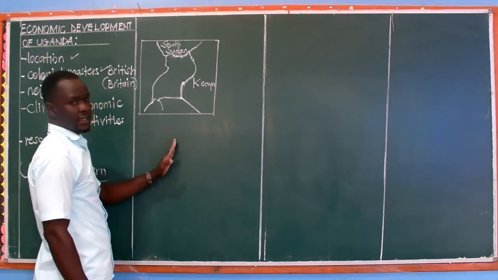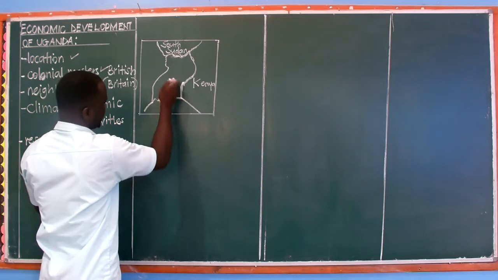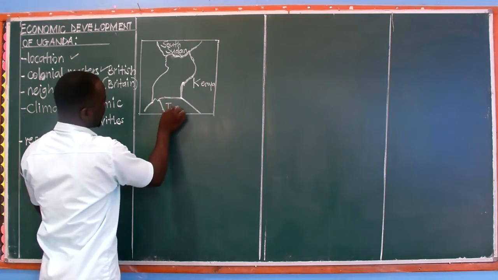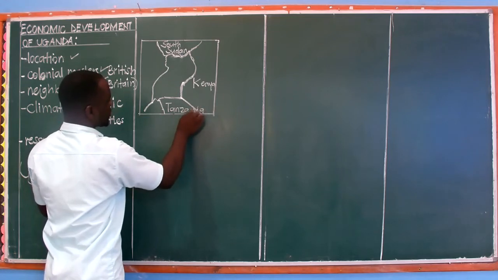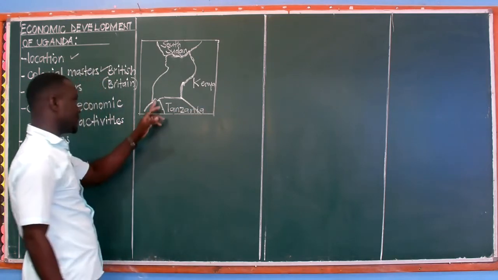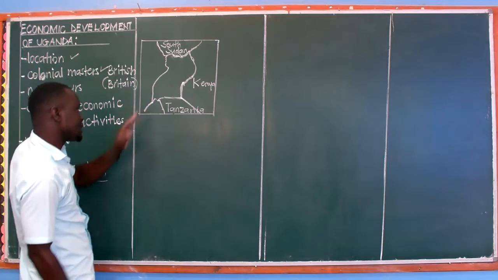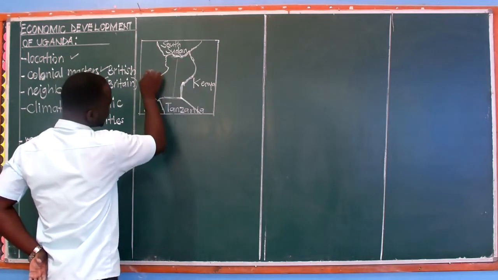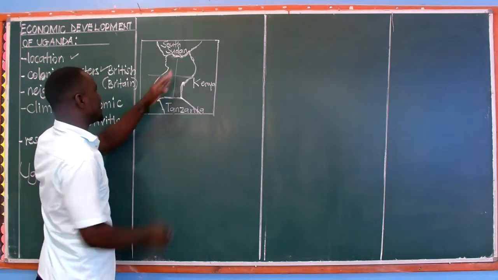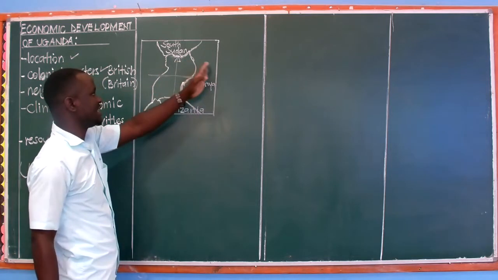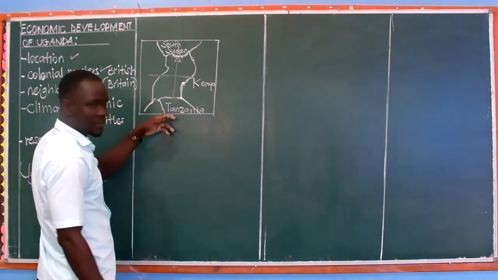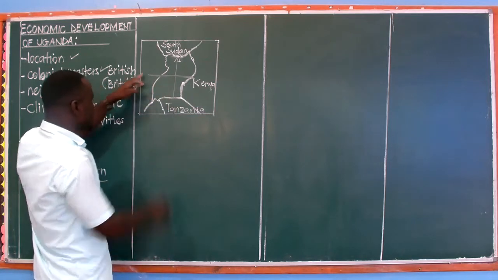South of Uganda, this area here, is where we shall have Tanzania. To the southwest, because when we put our compass here, we shall be able to note that this is the north, this is east, as we have already seen in Kenya this way. This is south. Then between south and west